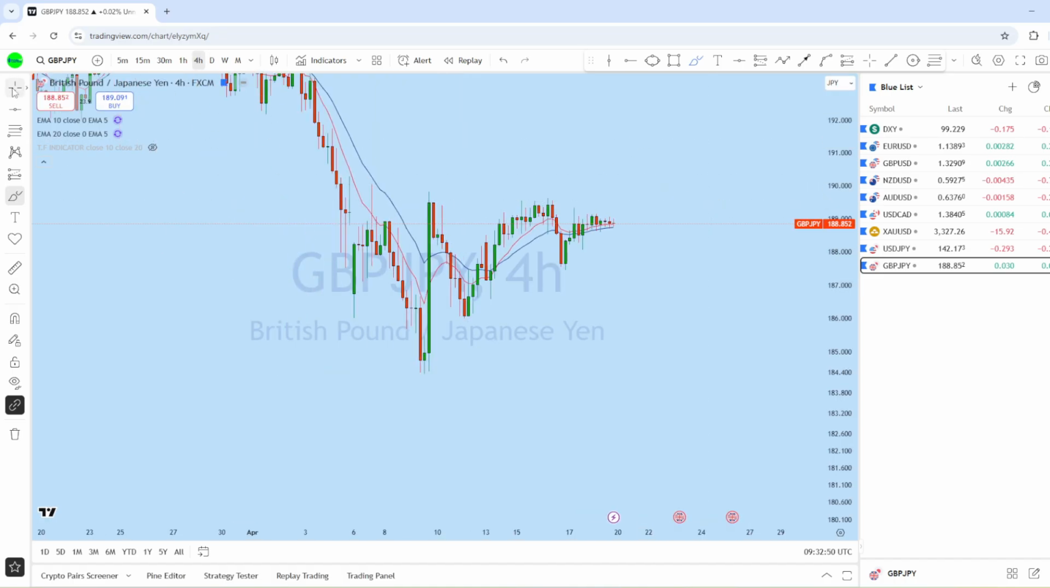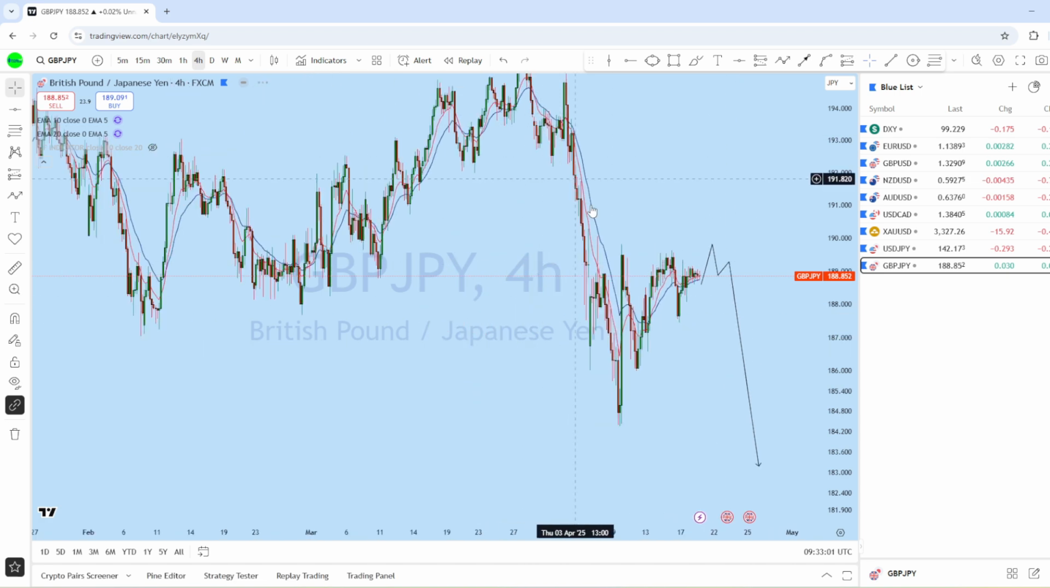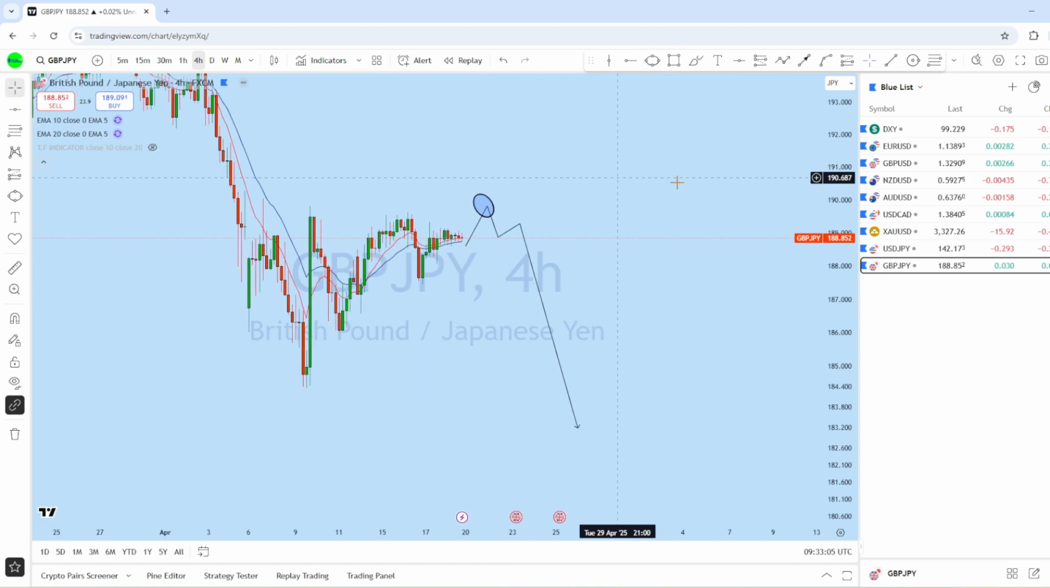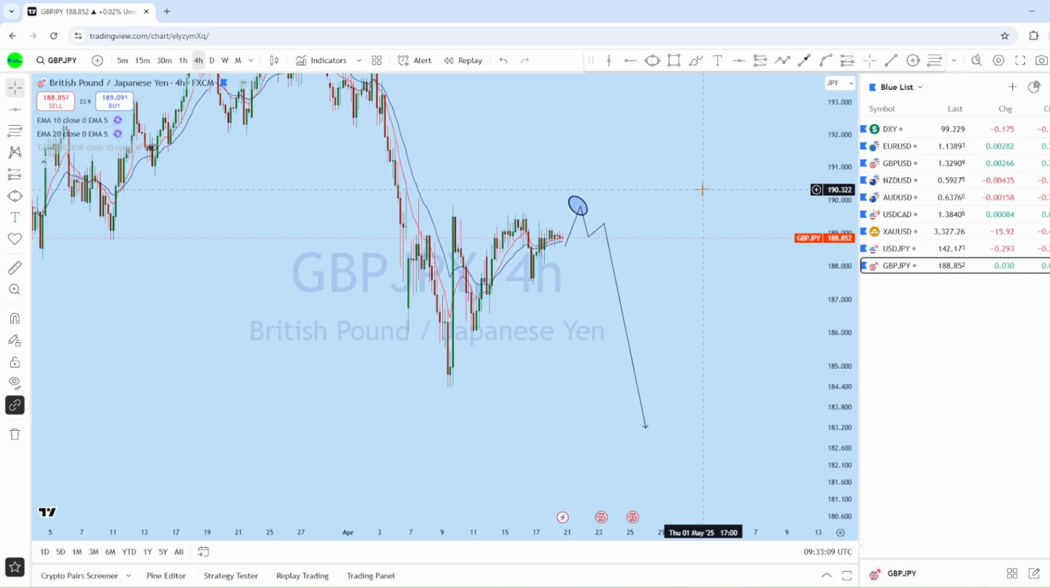So looking at the 4-hour chart here on GJ, expecting this market to grab liquidity from this resistance and then to potentially trend back down. So as the market is trending down,